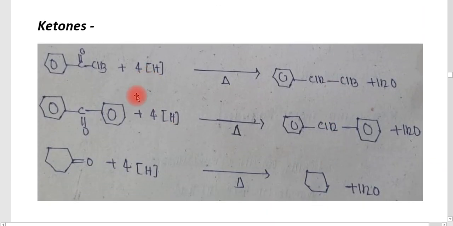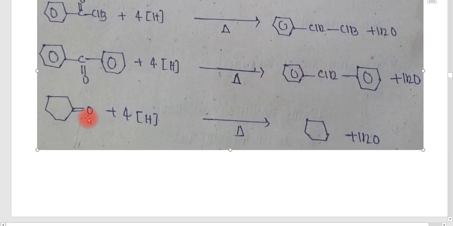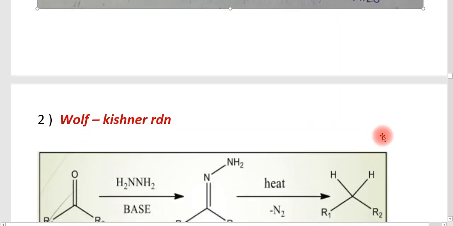Next, some common examples for the ketone. This is for ketone, you will get the corresponding alkanes here. And if it is another ketone, a ketone consisting of two aryl groups, this is C6H5 C double bond O C6H5. You will get the corresponding alkane, that is C double bond O is only changing into the methylene group, that is CH2 group. Here also, if this carbon is changing into CH2, then it forms a cyclo compound plus water. So this is the Clemmensen reduction.